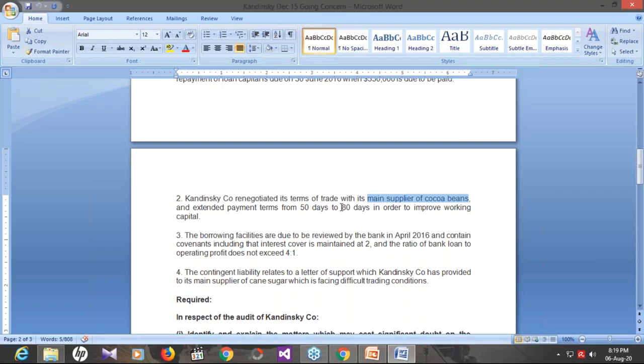The supplier will stop supplying the company, or the company can withdraw credit terms and ask to be paid in cash. As the company doesn't have the cash, the company will not be able to continue as a going concern. And in extreme cases, if the company doesn't pay in 80 days, this is all the logic that I am thinking of. So these are the rational approaches, these are the common sense logics that you should think in examination conditions.